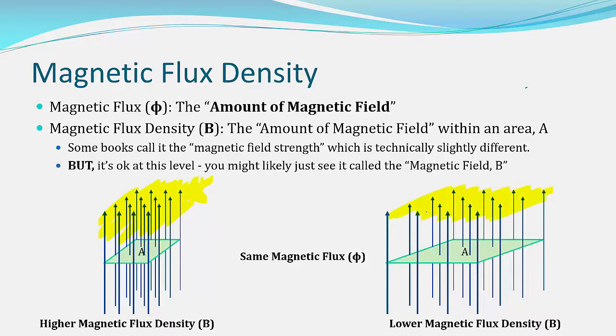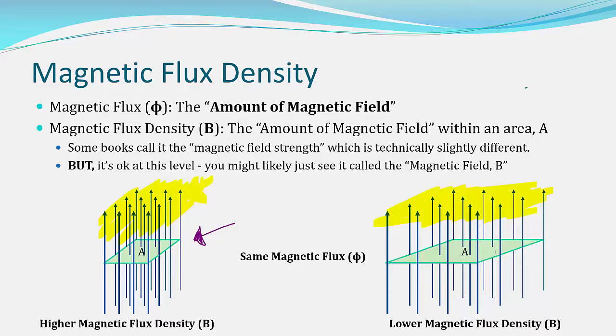So here you've got the same amount of flux, because if you counted the number of arrows, it'd be the same. But the second word is looking at the magnetic flux density. And that is the amount of field, or the number of lines within a certain area. So if you have the same number of lines in a smaller area, like in this case here, then you would have a higher flux density. And over here, because you've got a larger area, you'd have a lower flux density because they're not as closely